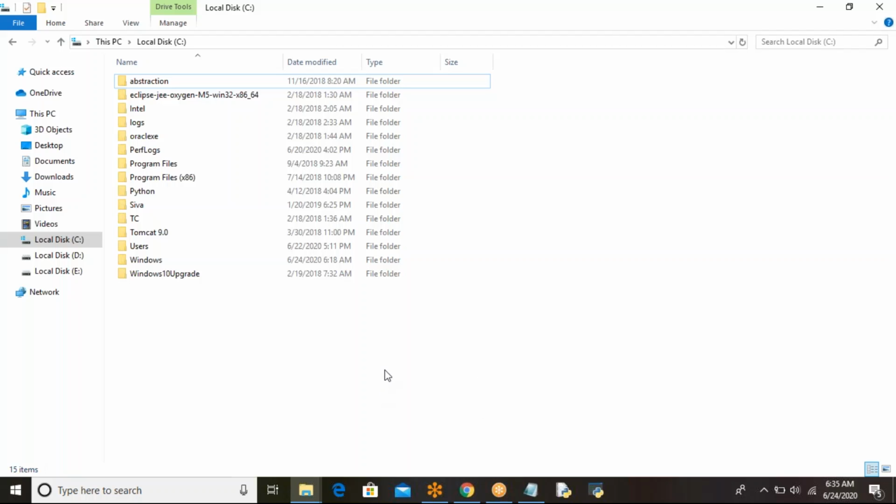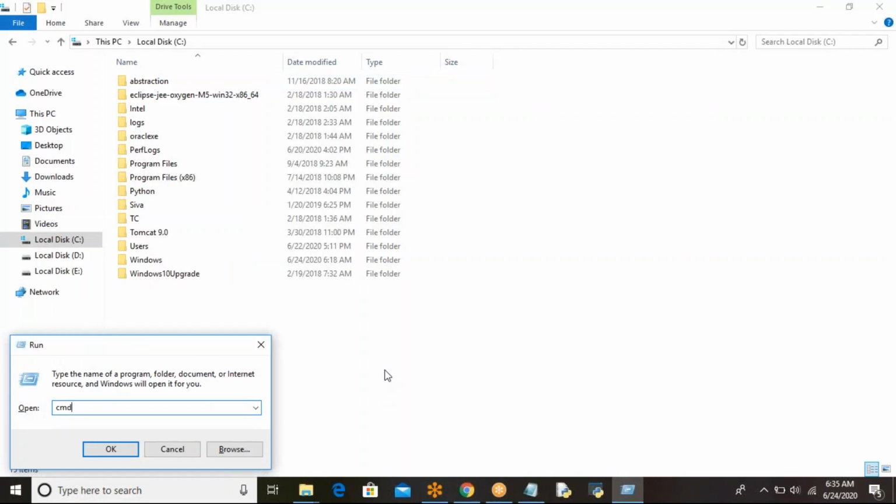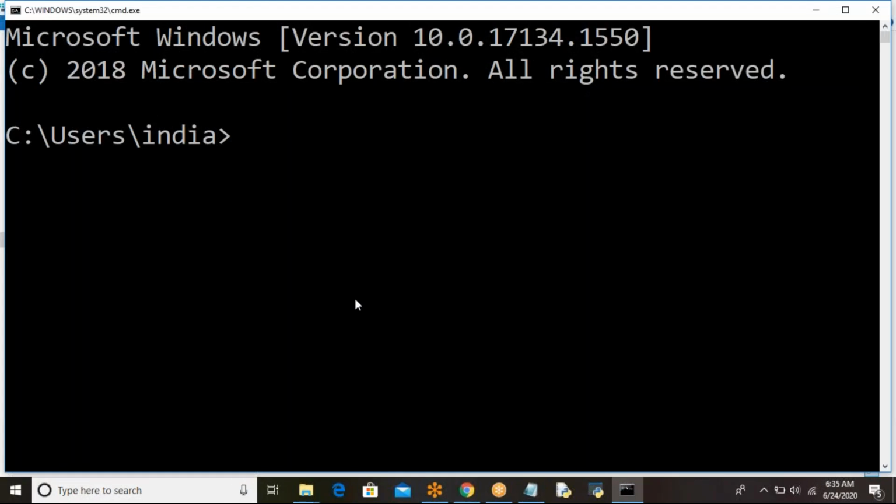Okay. For that, go to the command prompt. CD / takes you to the root directory.